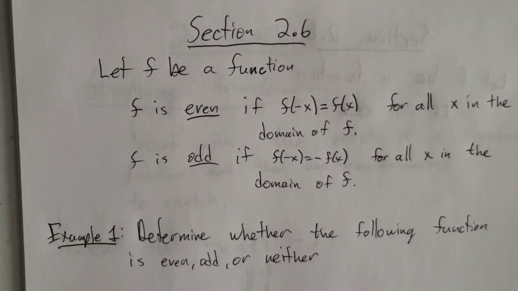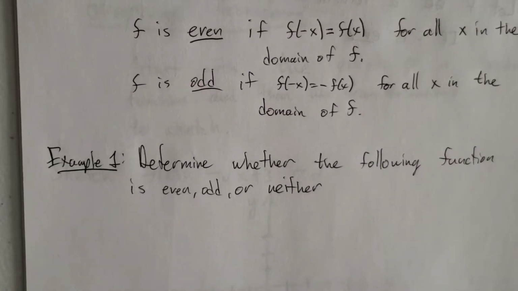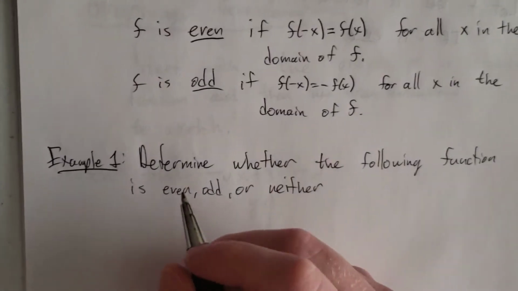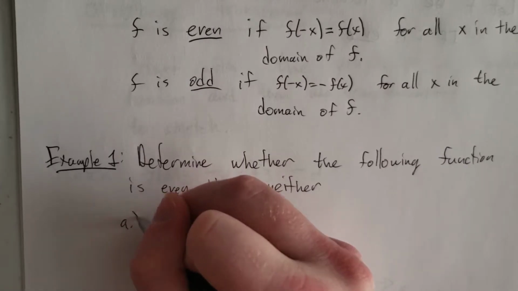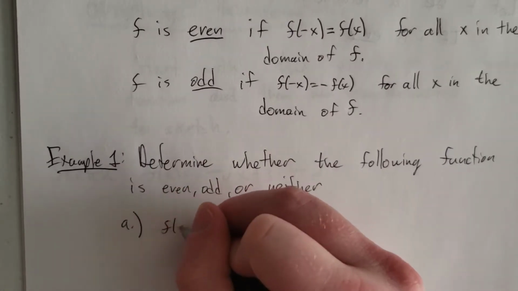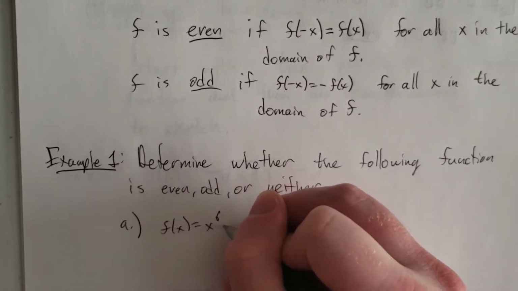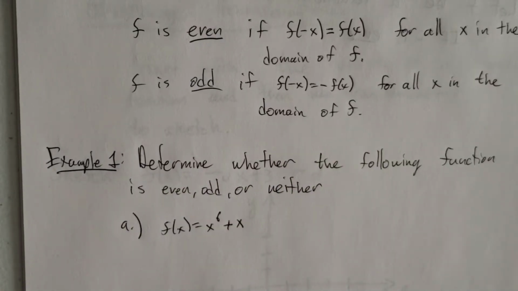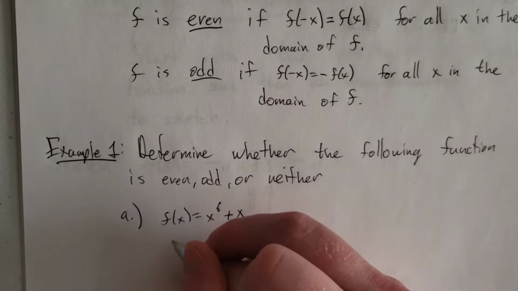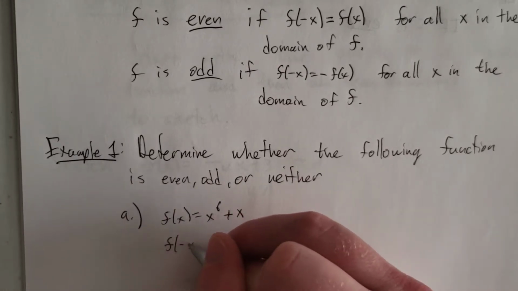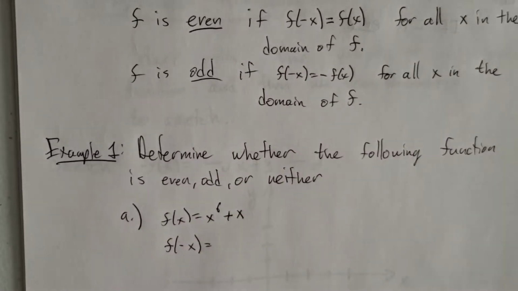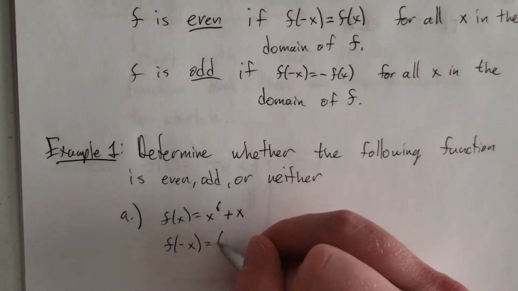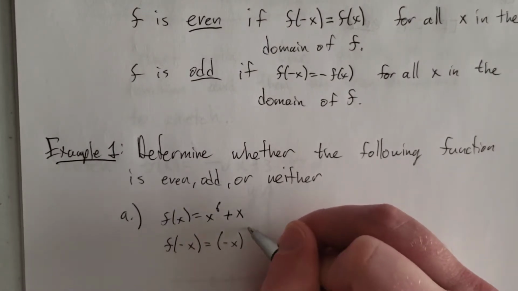So, let's try to determine whether a function is even, odd, or neither. I want to start with the example f of x is equal to x to the 6th plus x. To determine whether this function is even, odd, or neither, we need to find f of negative x. So that means plug in negative x everywhere we see an x. So this would be negative x to the 6th